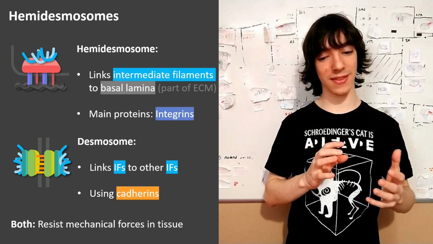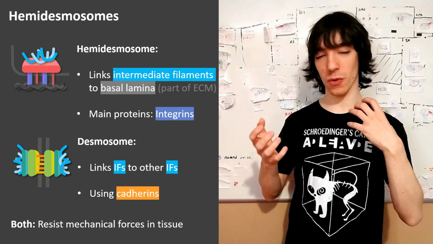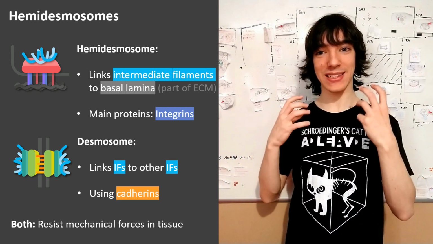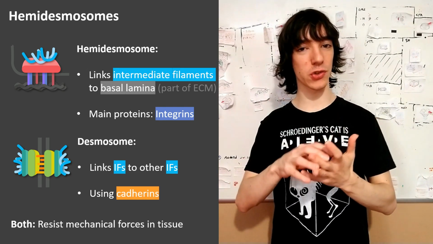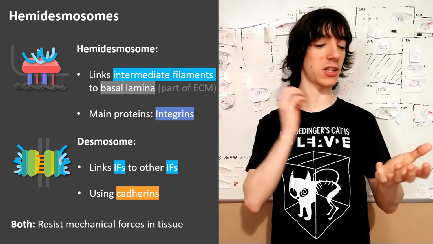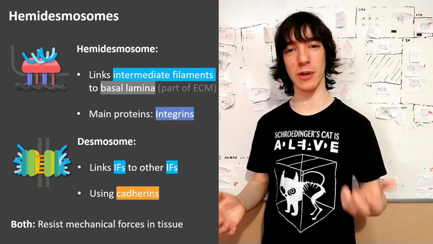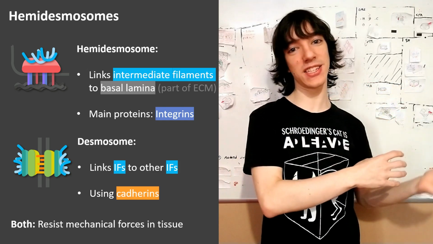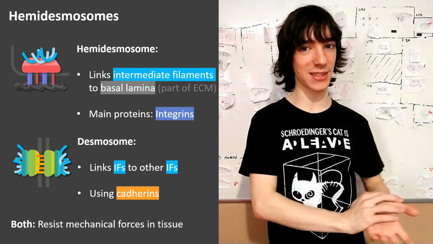If you think about it, there's a lot of friction going on around our body, by our clothes or when we grab things, and inside it, in our mouth, in our intestines. If those cells didn't have strong attachments to their surroundings, or their cells, or the extracellular matrix, they would be pulled off, and that would be pretty dangerous because it would expose the underlying tissue, making it prone to infection or to receiving other kinds of damage.